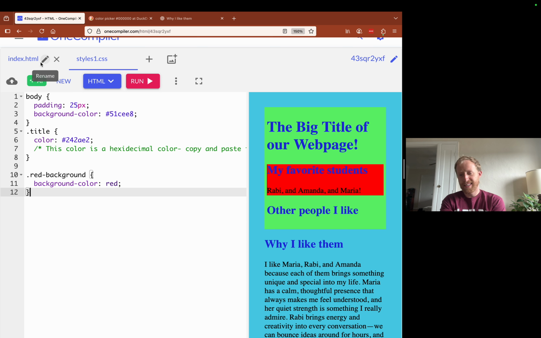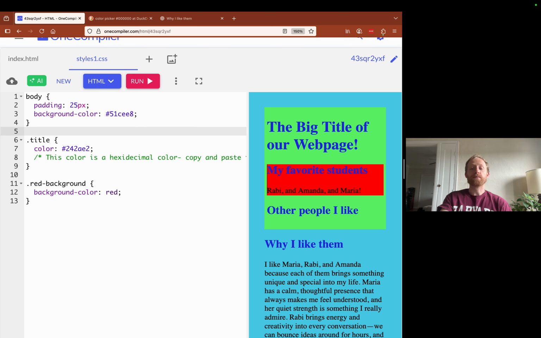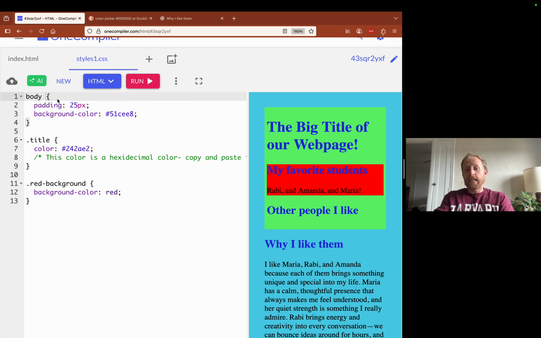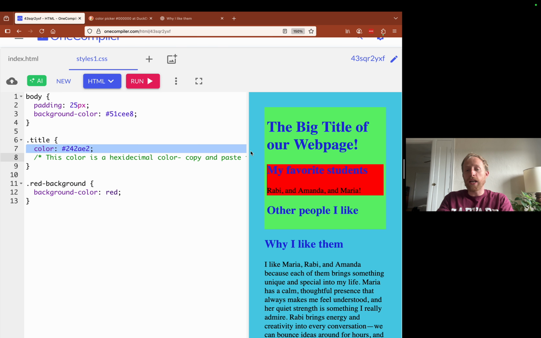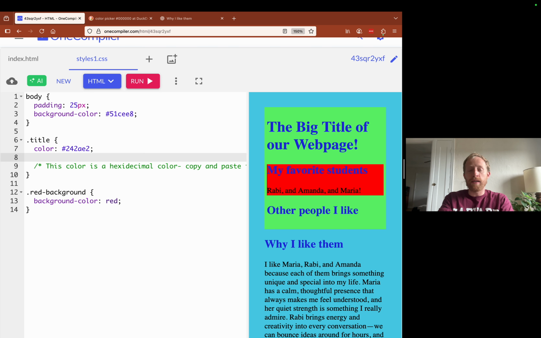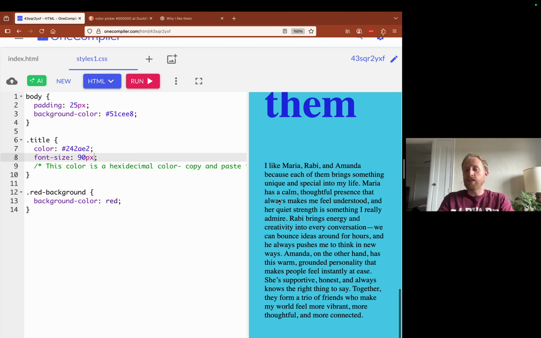No. So you know those parentheses type things, these squiggles here. Yes, you have to use those before you write whatever follows. Exactly right. And the reason for that is because again, you can think of this as an open tag and a close tag. I can write as many properties as I want in here. So we've said title has this color, but I could also add font size. Oh, okay, yeah. Is 90. So now these are all going to become huge. And so it applies to all of them.